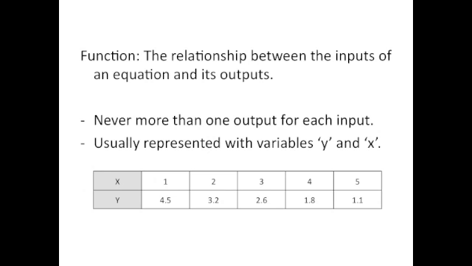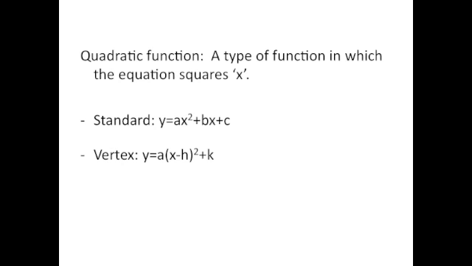The inputs and outputs are usually represented with the variables y and x. X represents the inputs and y represents the outputs. A quadratic function is a type of function in which the equation squares x. A quadratic function usually has two forms that it's found in: standard form and vertex form. This lesson will specifically be about vertex form, which is y equals a(x minus h) squared plus